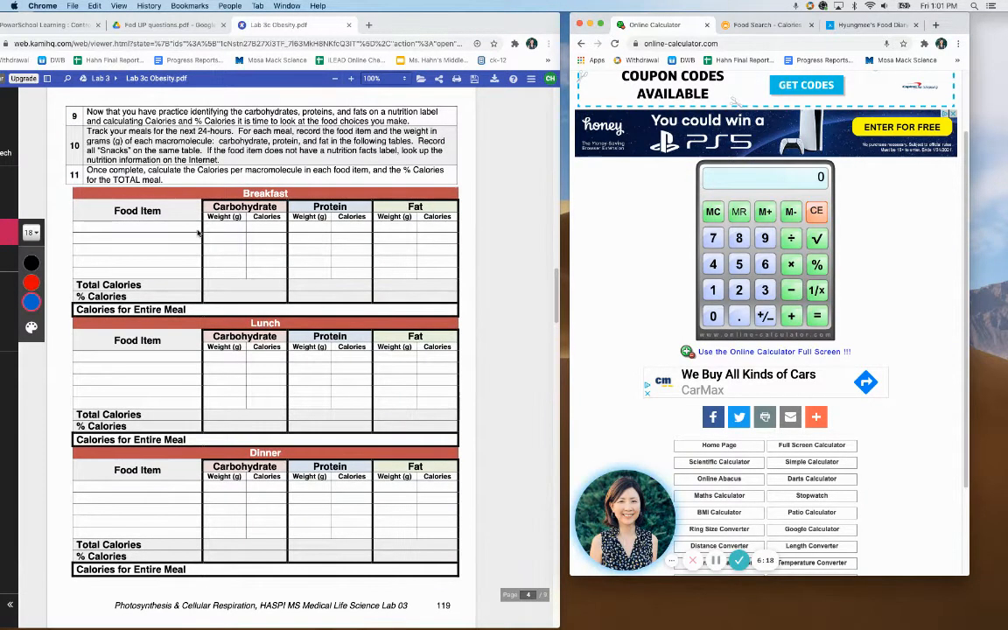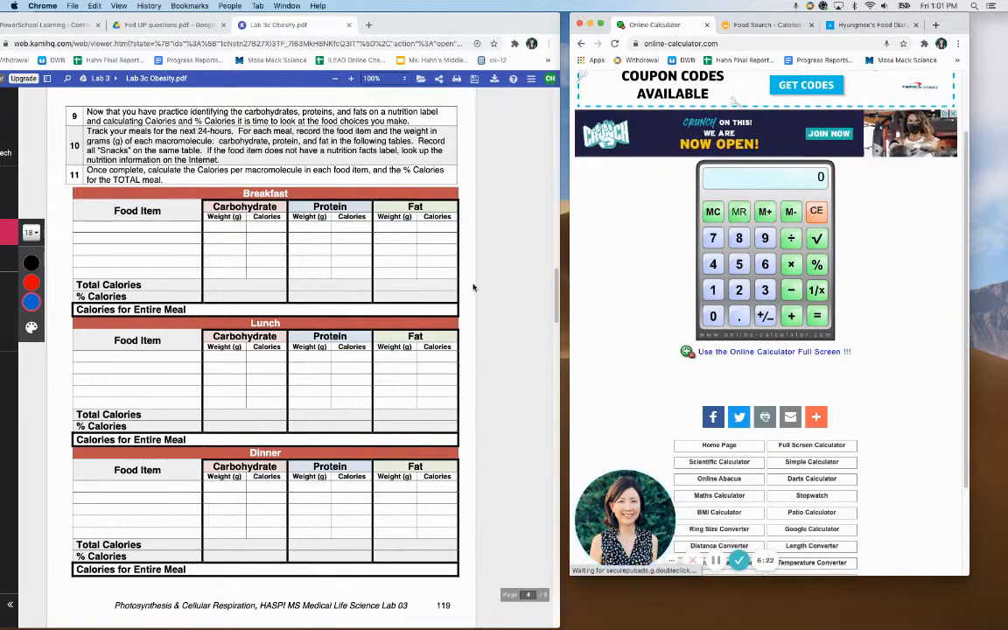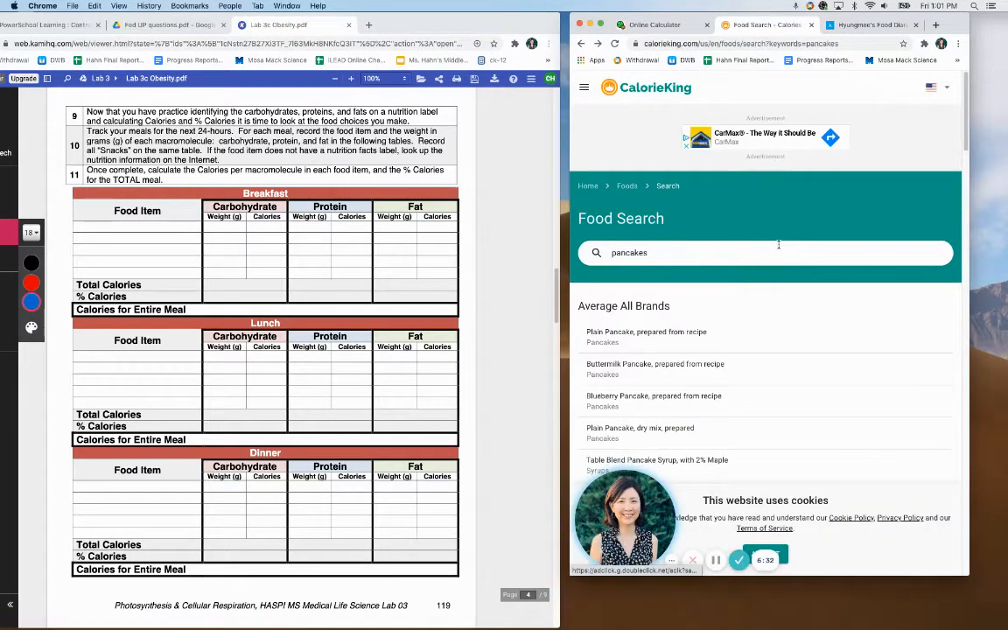not all the foods that you eat are going to have labels that you can quickly get this information from. So there are two places I would recommend. This one is really fast and easy. You don't have to sign up or anything. It's called Calorie King, and it's an app on a phone, or it's on the web,